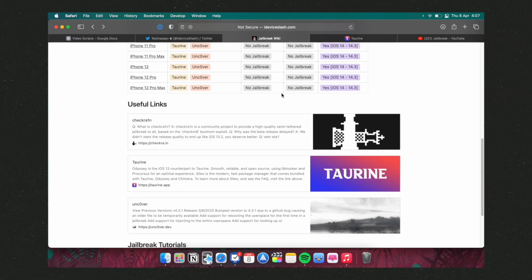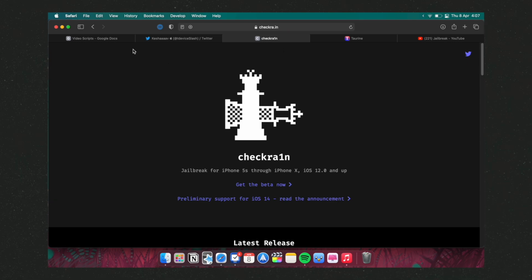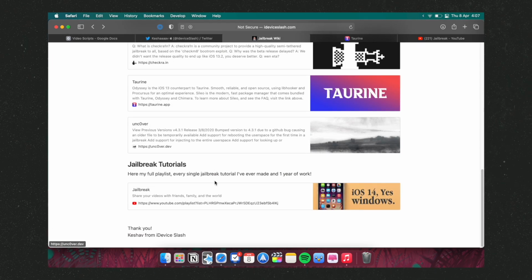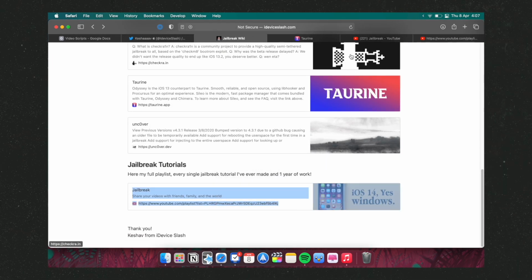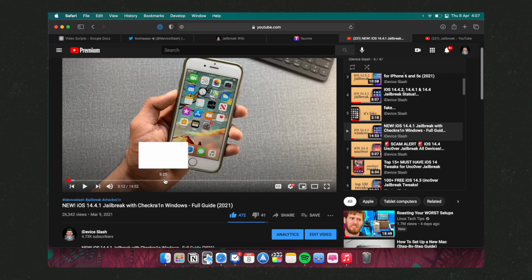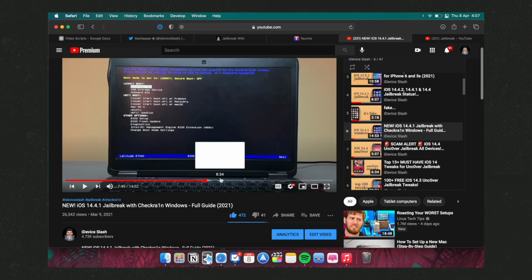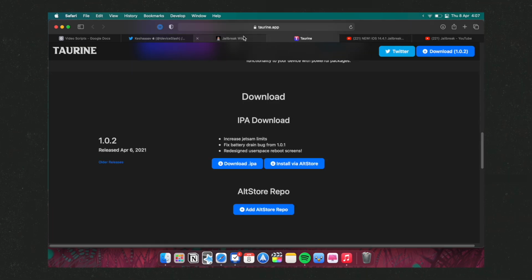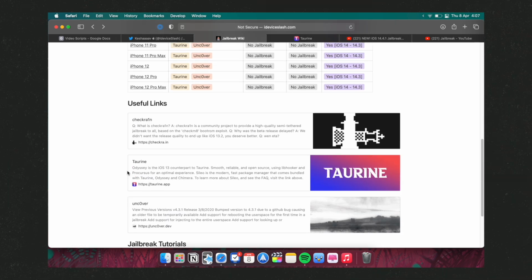So I can simply open the checkra1n link to jailbreak my device, and if I cannot do that myself, I can just open this jailbreak playlist, and here should be a tutorial to do that with a computer. As you can see, it's a full 15-minute guide. I can watch it to jailbreak my device, and it's quite cool.